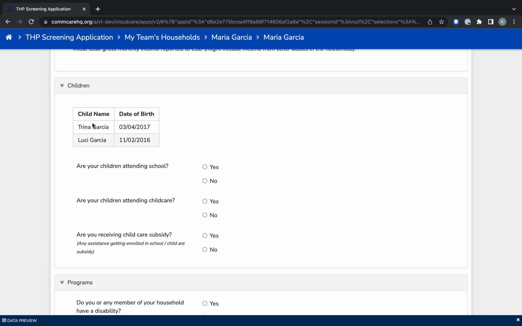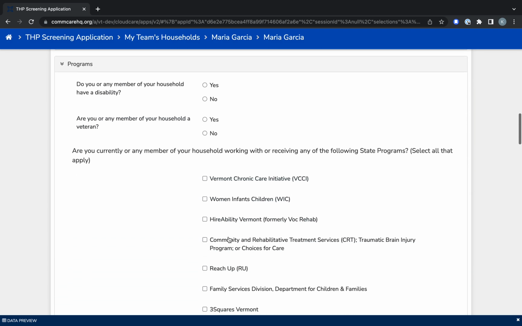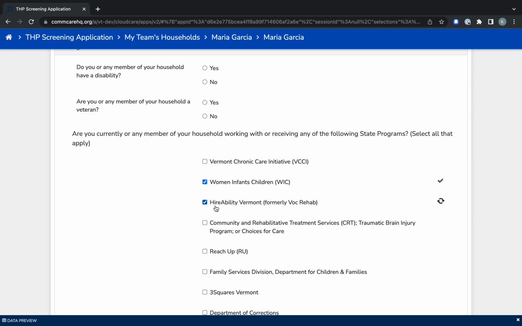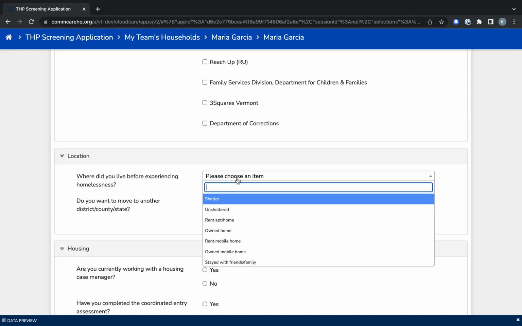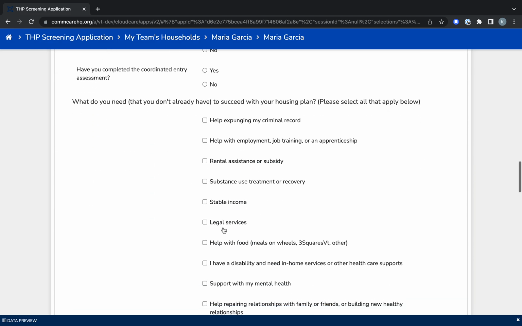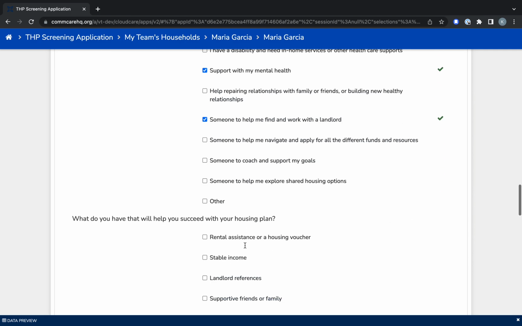We don't have that here because this isn't a real case that we imported, but you might see that when you're in the app. We see a summary of the children and a bunch of yes/no questions, and some questions where you can select more than one at once, for example. And there are a lot of questions that are drop down, some yes/no. I'm not going to go through all of these, but I just wanted to mention that based on some that get selected, those referrals will be indicated.